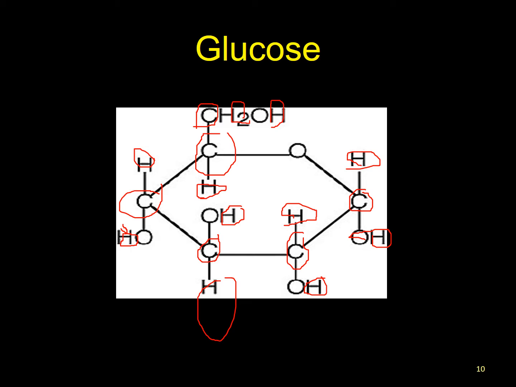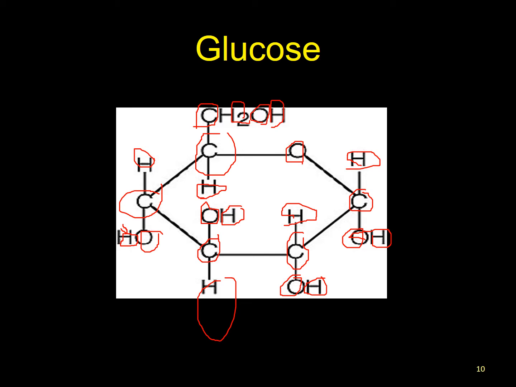Never said I was an artist. And then O6. So you've got 1 oxygen, 2, 3, 4, 5, and 6. C6H12O6. So the point being that everything, whether it's a naturally occurring compound or a drug, is